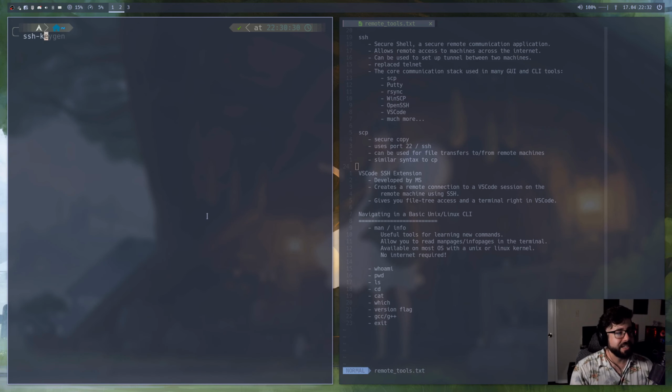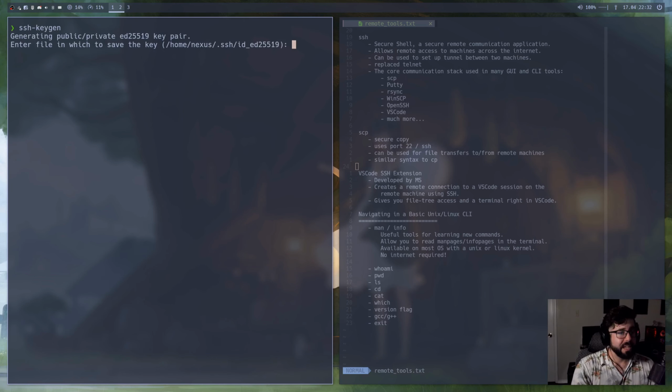So if you do ssh-keygen, it'll generate a key pair. So we'll do ssh-keygen, right? And then it's generating a public-private key pair to .ssh, and then it says id_ed25519. So you can give it a specific key file name. If you've never done this before, it'll by default probably save it to